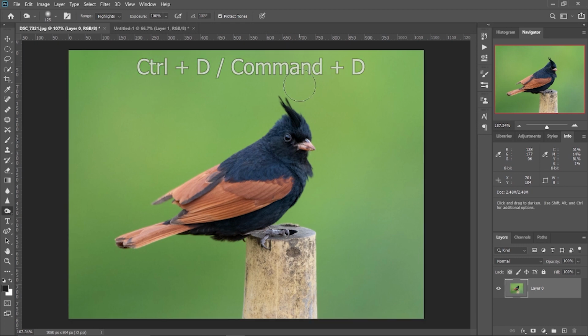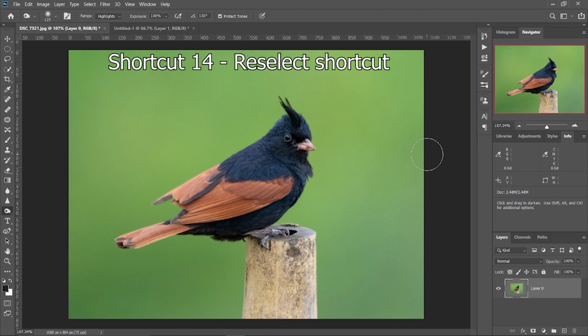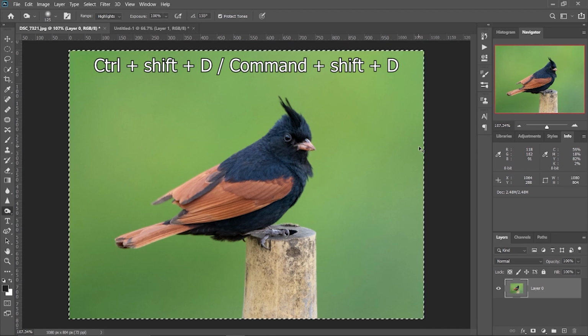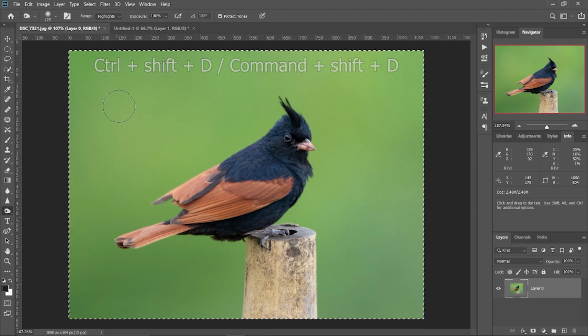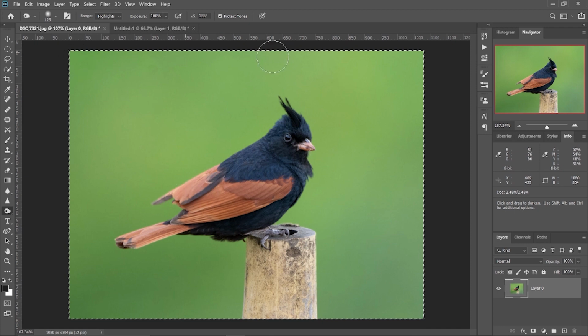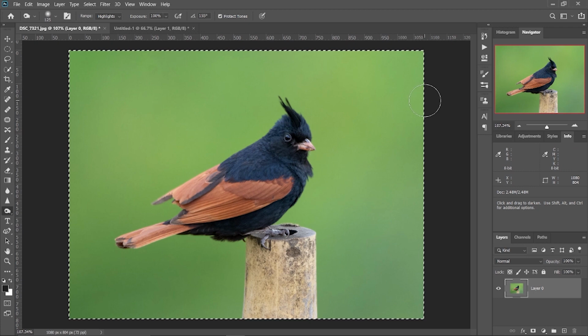But again, now if I forgot to paste it on some other file, so I want to reselect it, you can just go and Ctrl Shift D to reselect what you have deselected. Now here it isn't much of a problem because you've selected the whole file, but let's just say you took your own time and selected the bird with precision, like having all the edges, not selecting any green part, and you deselect it, but you want to reselect it. In those situations, instead of going and starting the selection again, you can just press Ctrl Shift D to reselect what you have just deselected.